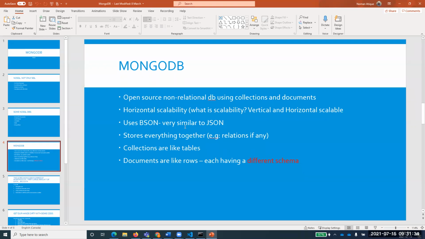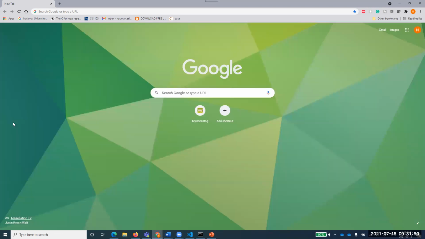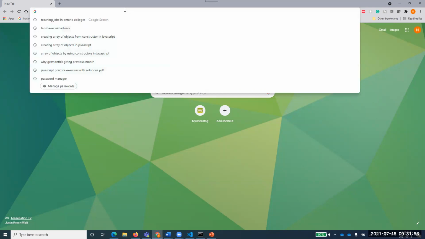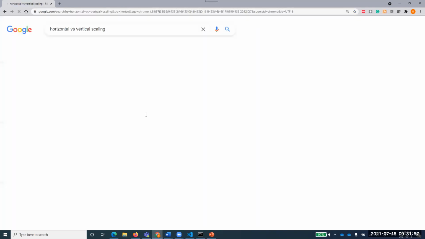So here in this case, we are talking about the database. What does scalability in terms of horizontal mean? Horizontal scalability and vertical scalability. Now for that, I would like you people to replicate, allow more clients being served. Yes. And what about vertical scalability? You see, vertical and horizontal scaling.